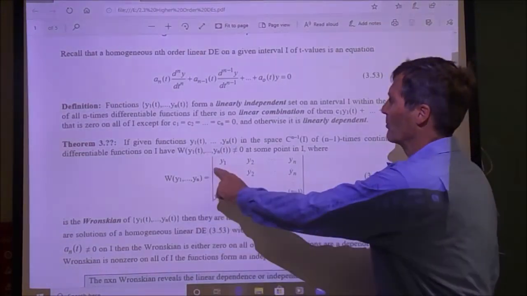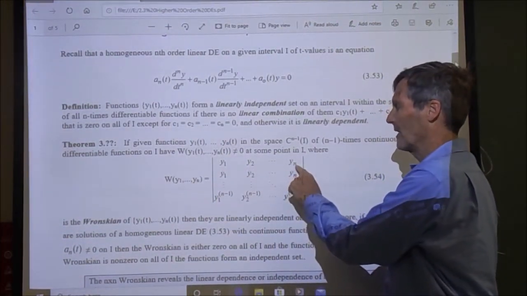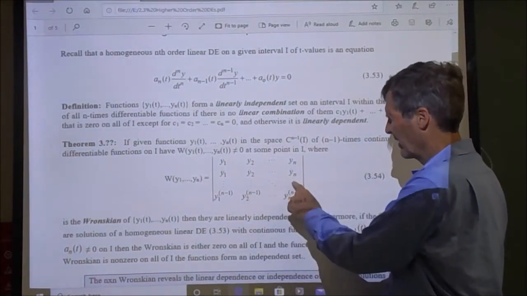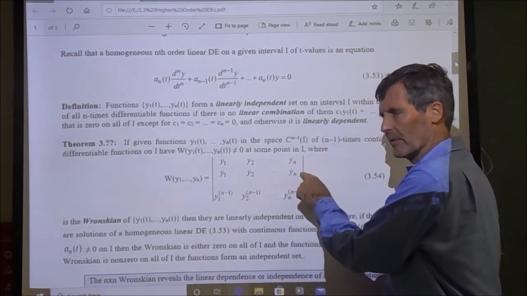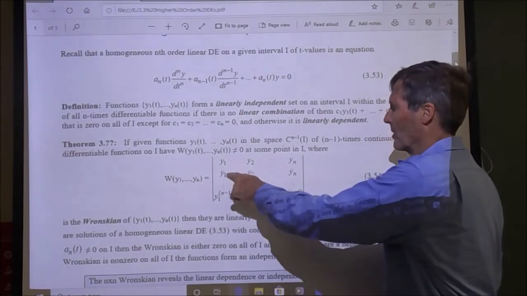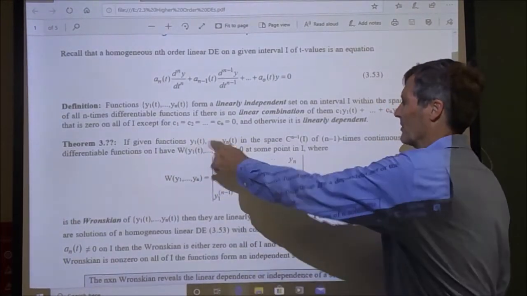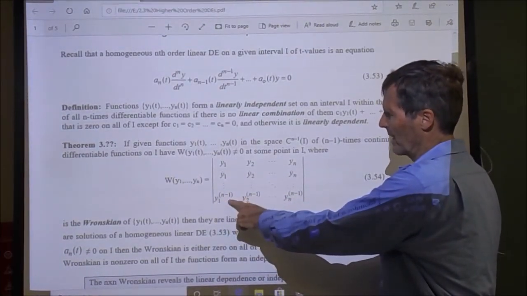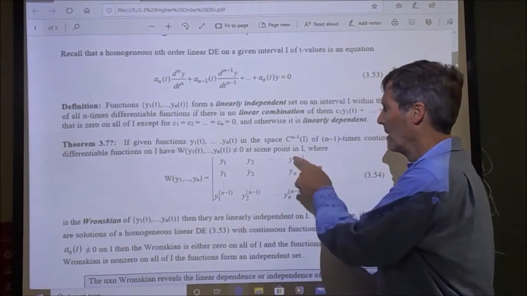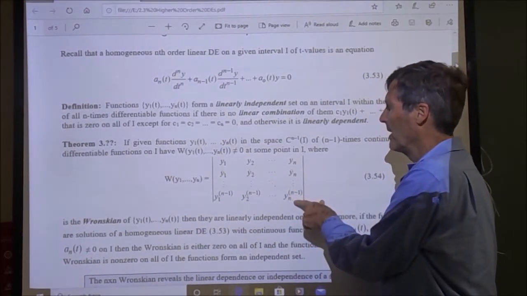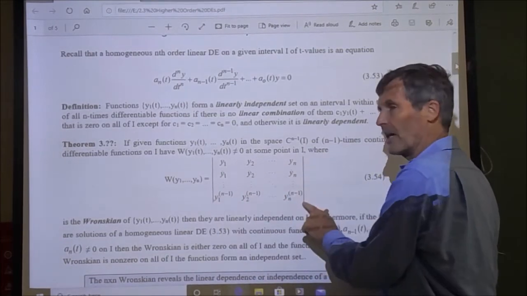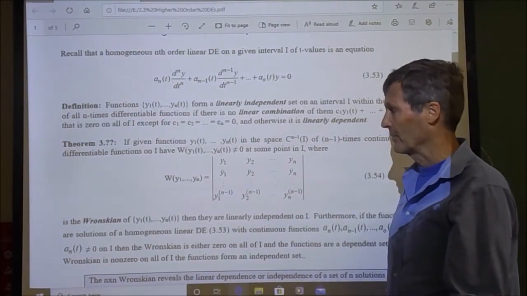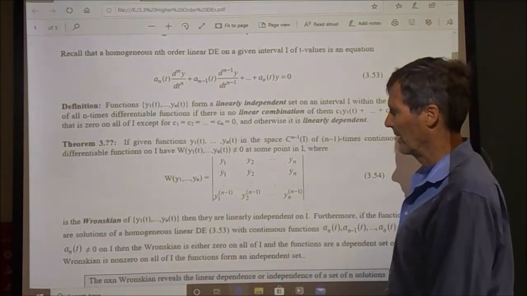There's a bigger Wronskian. You put y1 through yn, all functions of t, in the first row of a matrix, a big old matrix. Then you put their first derivatives in the second row. This dot here means derivative with respect to t. It's another notation, so you can also put prime here. But sometimes when these are functions of t, we'll use dot instead. And then all the way down to the n minus first derivative in the last row. Zeroth derivative through n minus first derivative into a big matrix, and then these straight bars on the side mean determinant. In calculus, you saw determinants of 2 by 2 and 3 by 3 matrices. N by n matrices